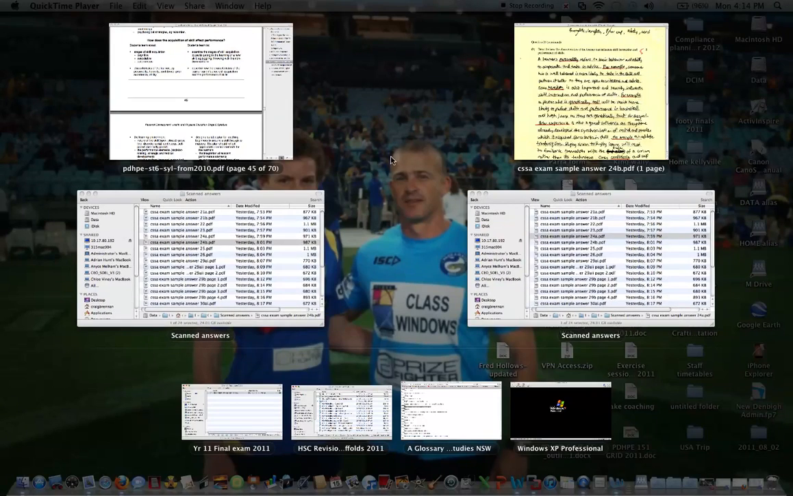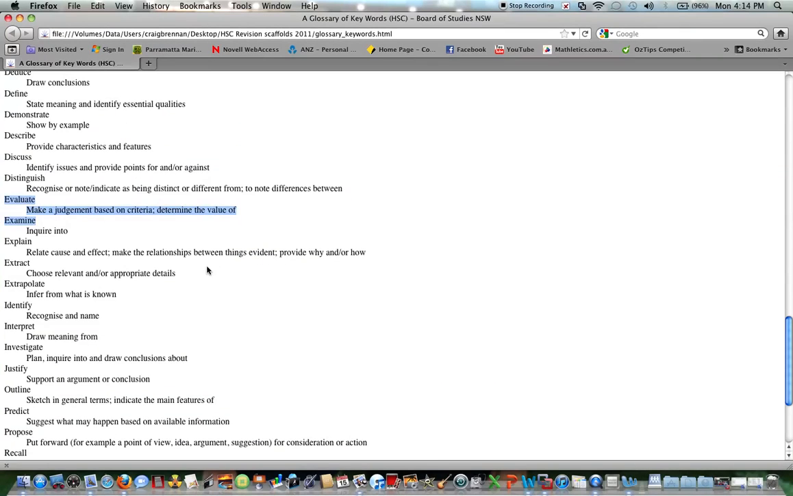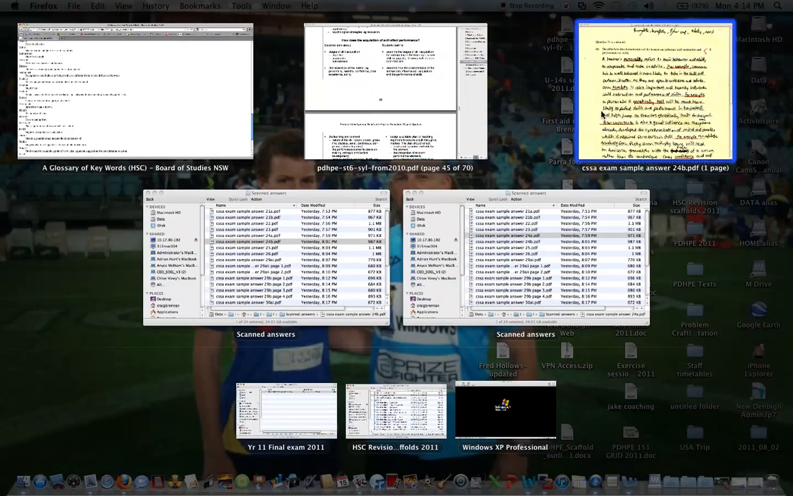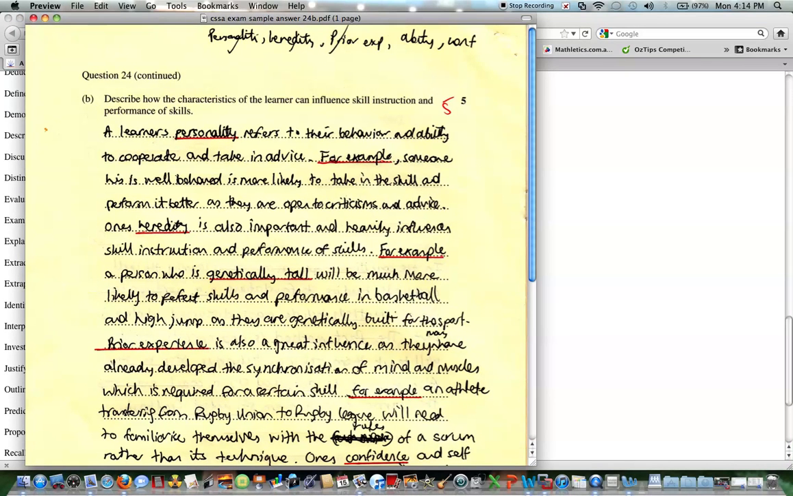If we just have a look at our glossary here, we'll see describe. So it's provide the characteristics and the features of how the characteristics of the learner can influence skill instruction and performance of skills. So, how can they influence skill instruction